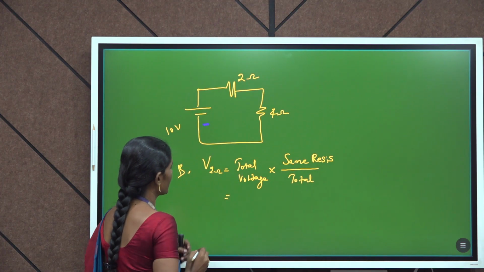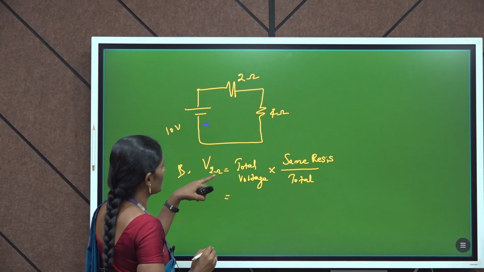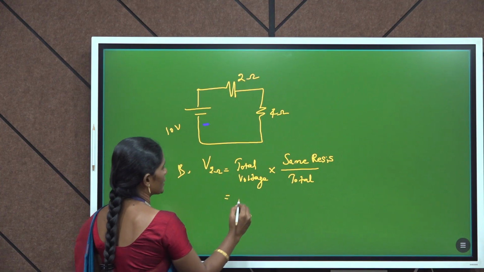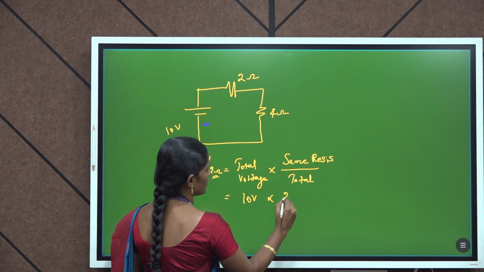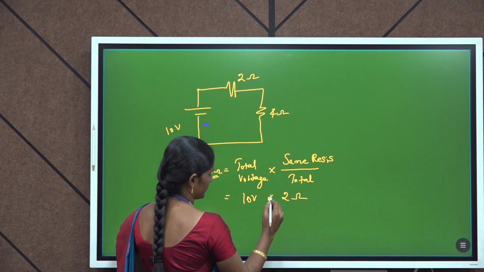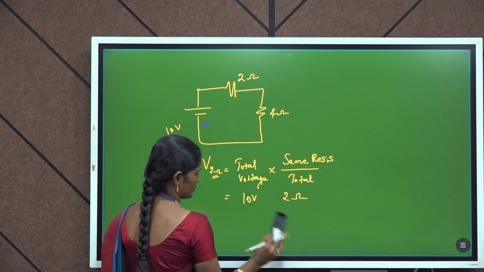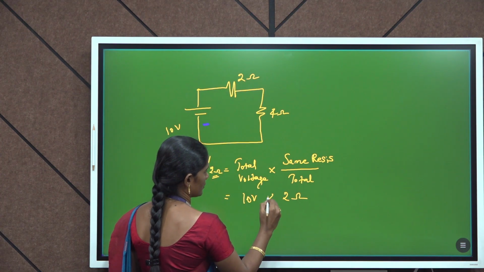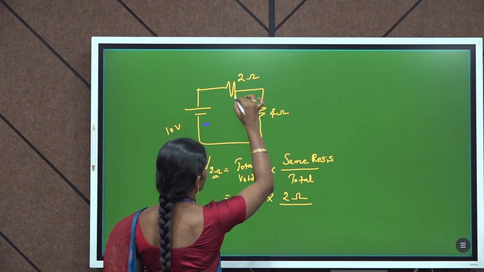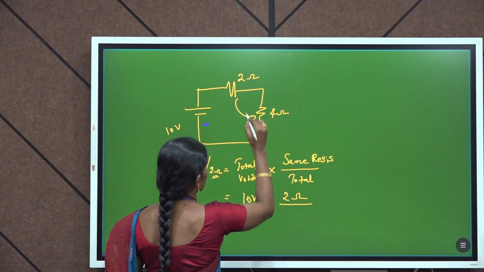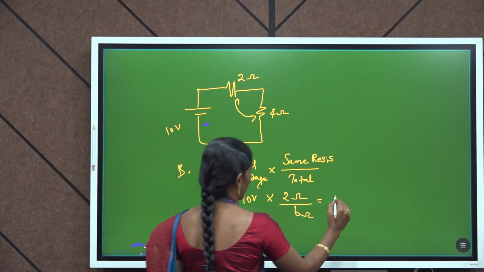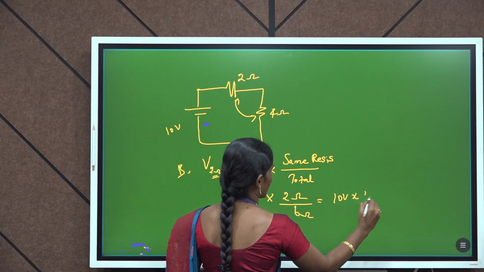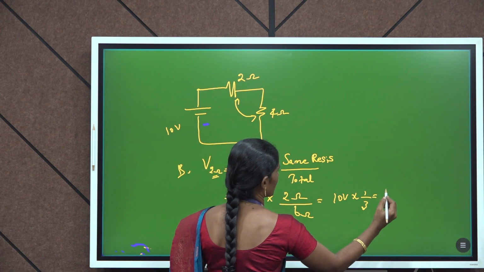To make it clear, the voltage across the 2 ohm resistor is the total voltage 10 volt multiplied by the same resistance, 2 ohm, divided by the total resistance, 2 plus 4, 6 ohm. Then 10 volt multiplied by 1 by 3